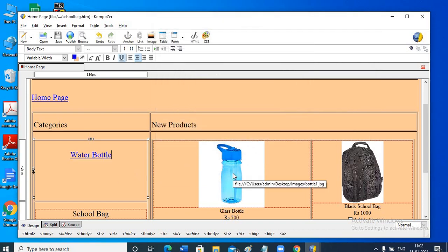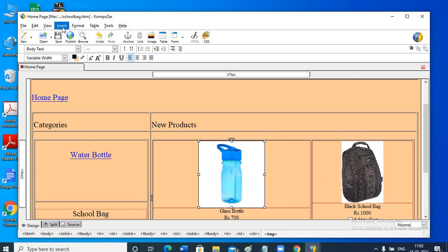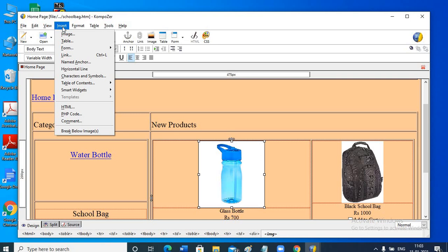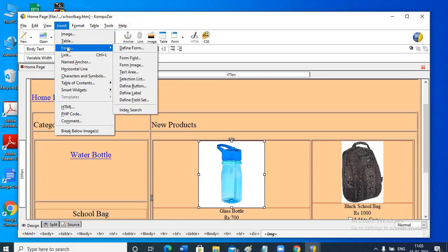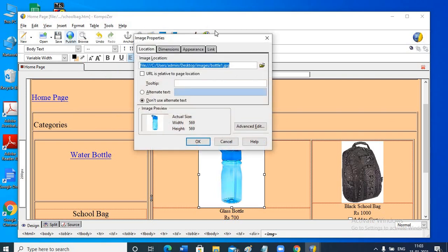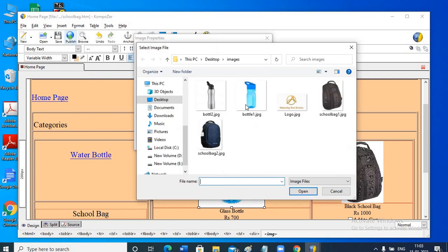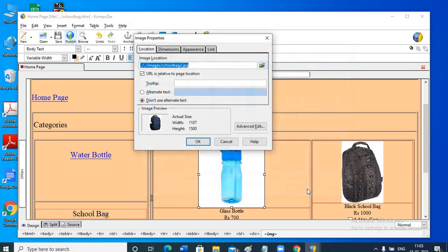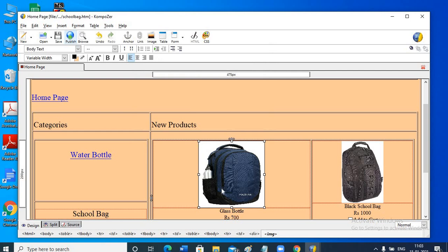Now here we are in school bag, so we'll click on this image and replace it with the school bag image. Insert, image, school bag 2, open, okay.